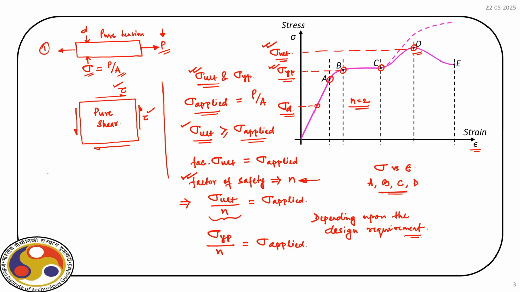But the main idea is in any design, whether it is structure 1 or structure 2, the first thing is the material should have sufficient strength to withstand the stress applied, and then B, obviously